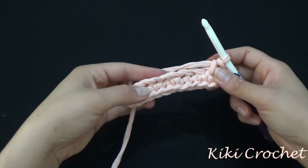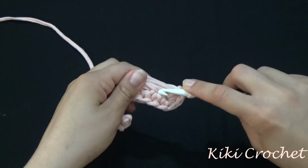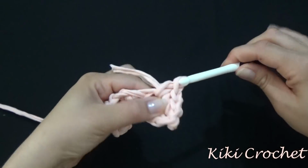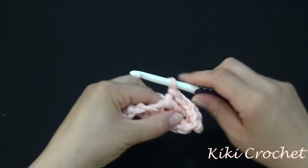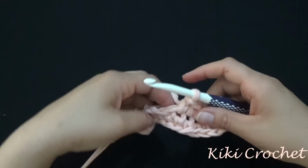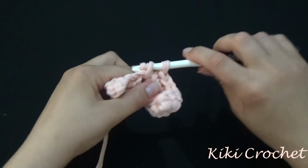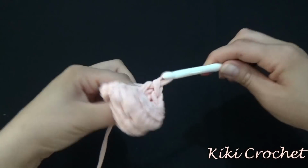So I'm going to work a total of 8 single crochet in each of the next stitches. Starting from the next stitch. 1, 2, 3, 4, 5, 6, 7, and my